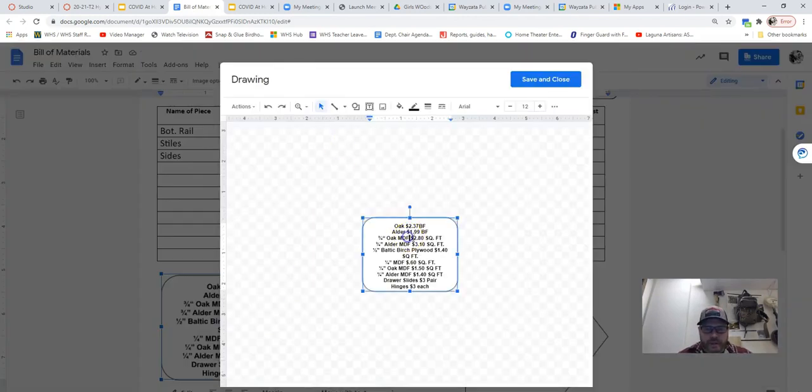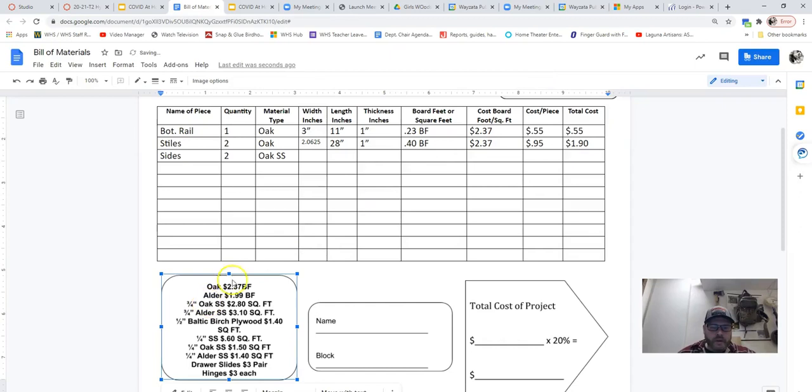If you're watching this and you pull this up, SS stands for sheet stock. If you're looking at the PDF, it may not say that, but I will change all of this right now so we don't get confused. So I've got